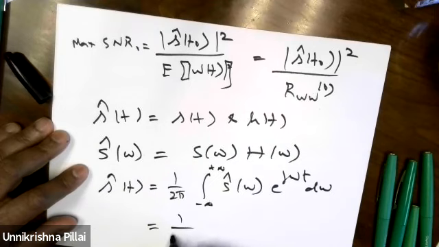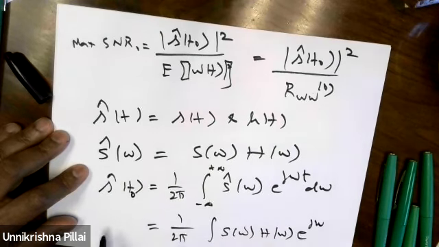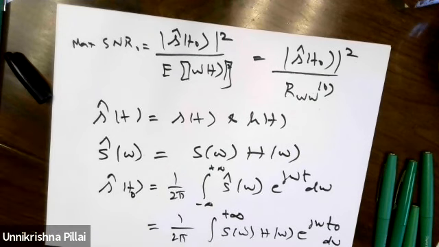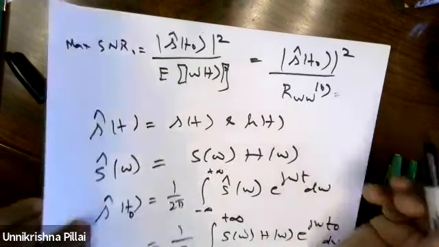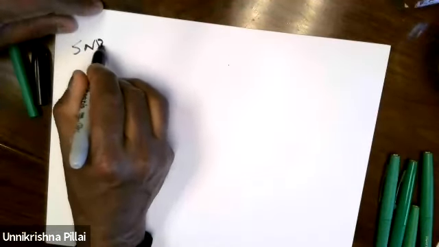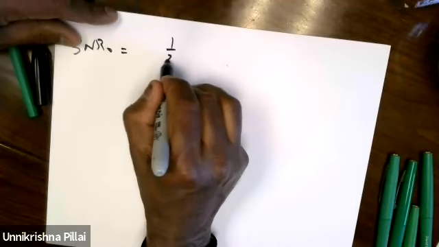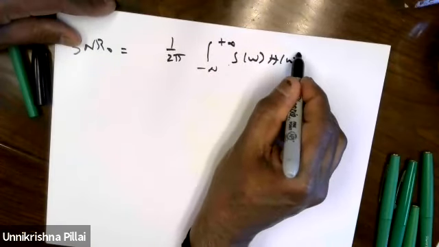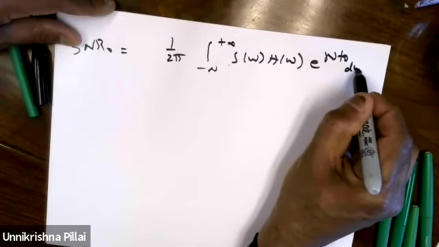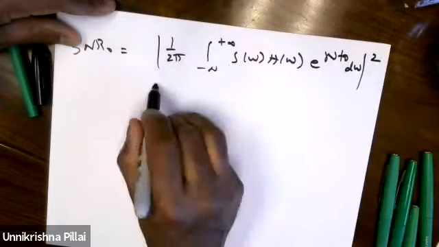So that is going to be 1 over 2 pi, integral of S hat of omega, which is S(omega) H(omega) e raised to j omega t, evaluated at t0, so e to the j omega t0 d omega. This is the expression we are going to use in the numerator, and the denominator expression I'll come to. So SNR output is 1 over 2 pi, integral from minus infinity to plus infinity of S(omega) H(omega) e to the power j omega t0 d omega, absolute value squared, divided by